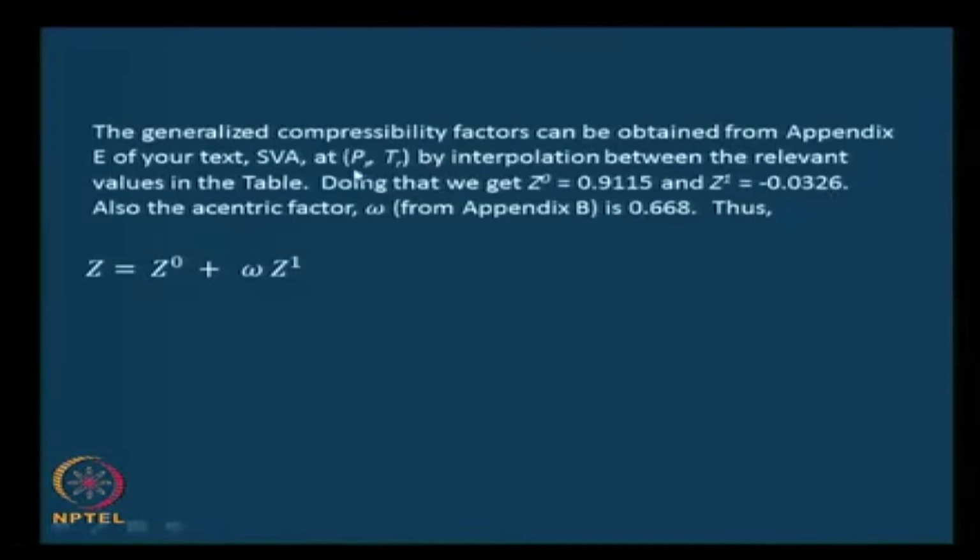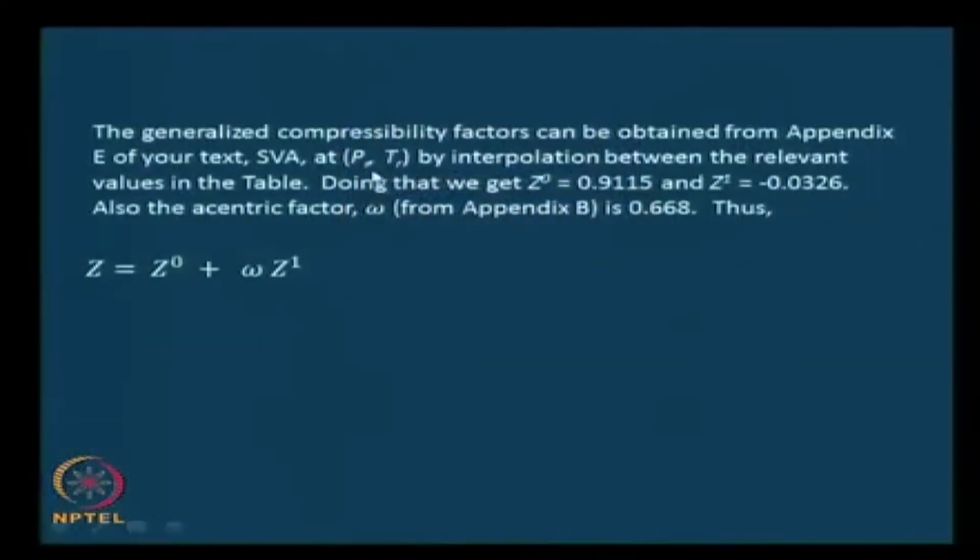Note that these are functions of PR and TR, and the strength of this formulation is that you could get Z0 and Z1 only as a function of PR and TR and use them for all pure substances. The acentric factor brings in the aspect of the pure substance, as we saw in the development, and this was needed